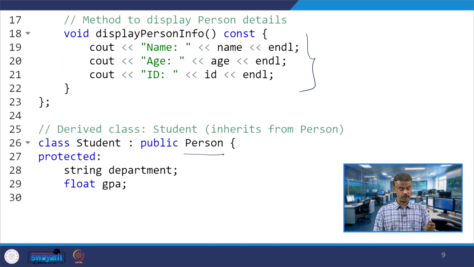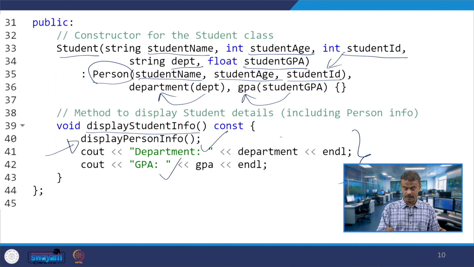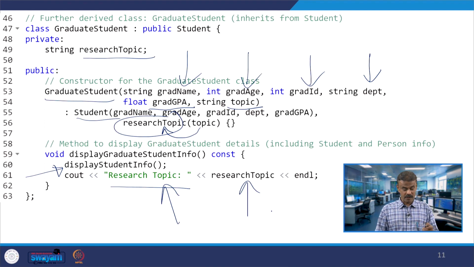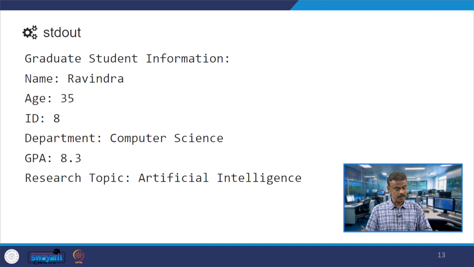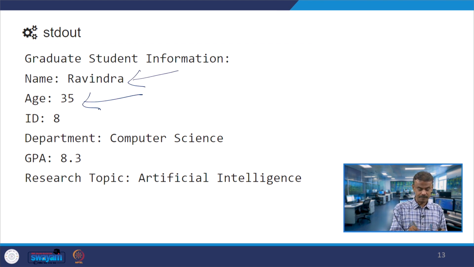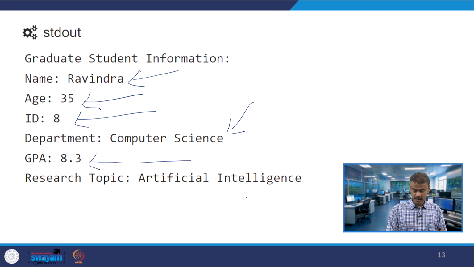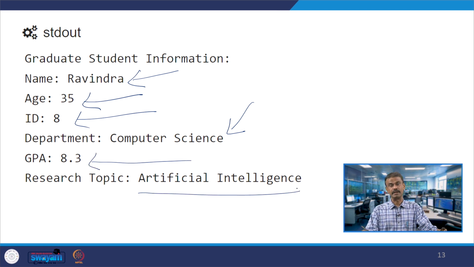Then your department and GPA will be printed from here, and then finally research topic will be printed. So, when you run the code, you should get the output like this: name is Ravindra, age is 35, ID is 8, department is computer science, GPA 8.3, and research topic is artificial intelligence. So, this is all about multi-level inheritance.